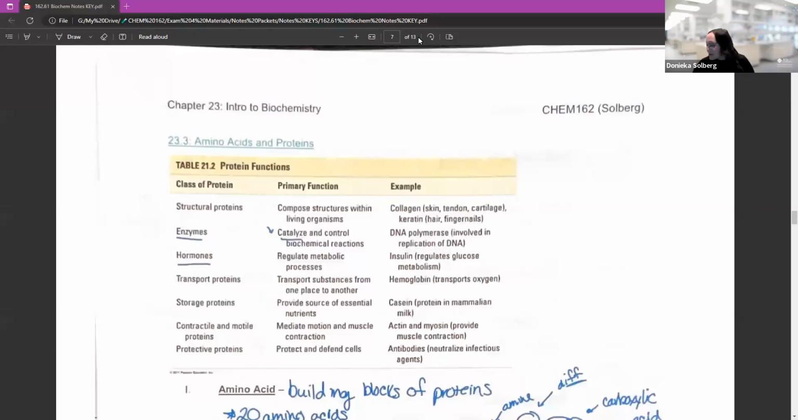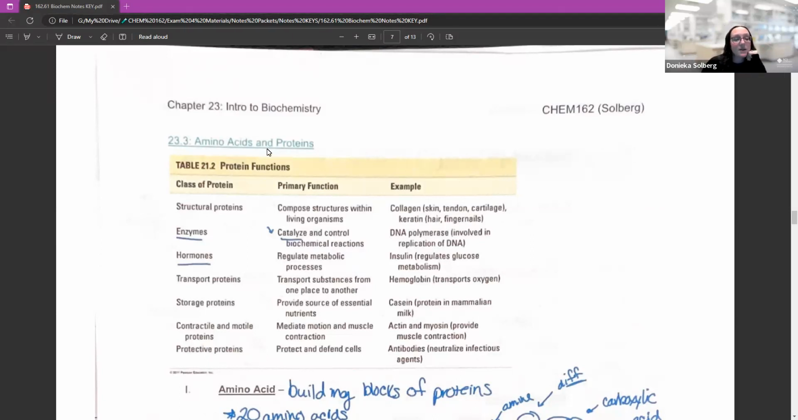All right, group number 3 is amino acids and proteins. So we did lipids, we did carbohydrates. Now we are on amino acids and proteins. Now, proteins are the things in the body that do this stuff. So we're going to talk about what those are monomer-wise and how they build together to make